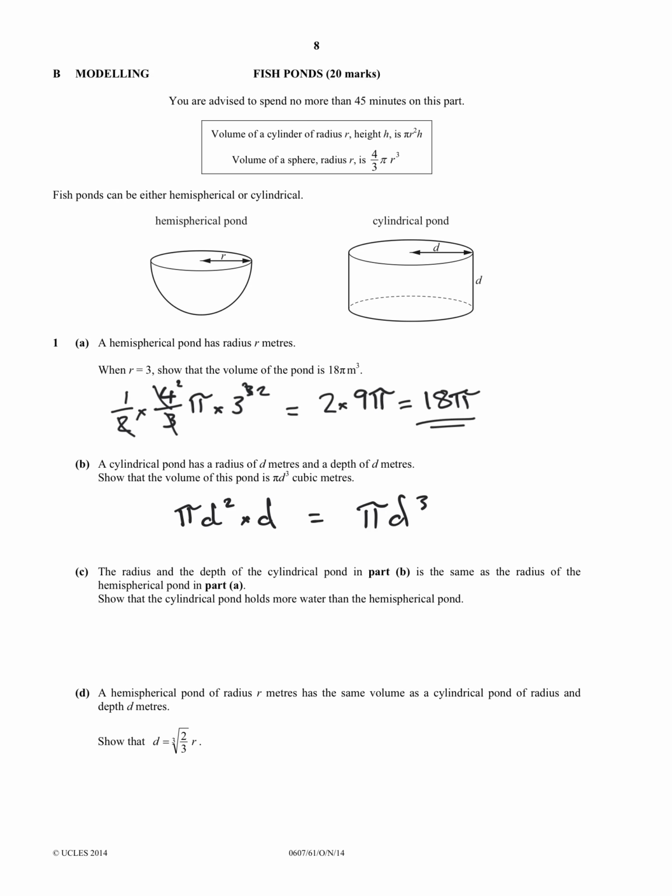Show that the cylindrical pond holds more than the hemispherical. Okay. First thing I'm going to do here is just make sure I label it. I haven't got a great deal of space, but I'm just going to write in here where I'm dealing with hemisphere. So our hemisphere was 18 pi. We've already worked that out. Oh, forgot my 18. 18 pi. Now my cylinder,